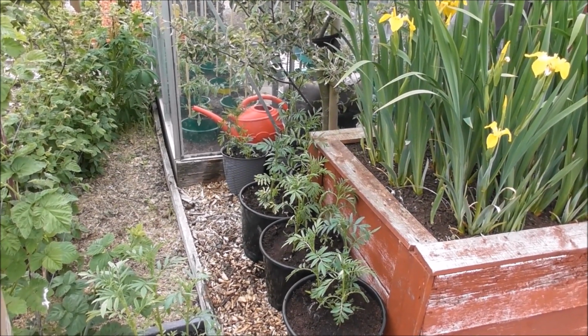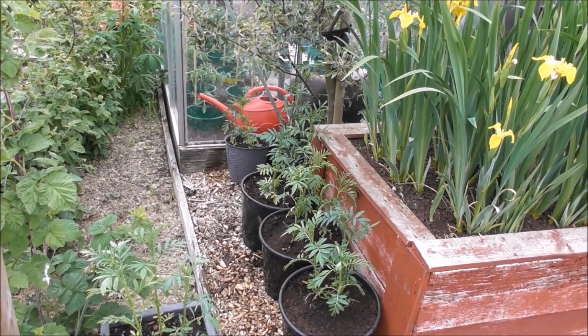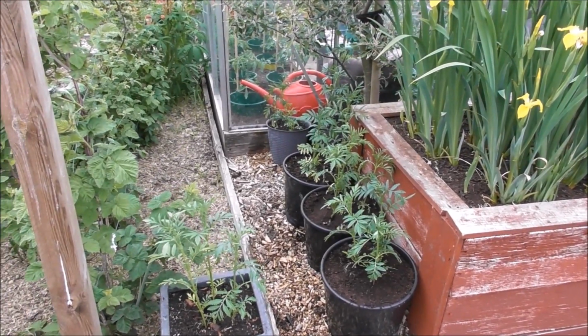So the next thing will be clearing the back greenhouse out and getting all the tomatoes and chillies and what have you in there. But we've got some more flowers here, so these will be coming up shortly. As you saw there, we finally coaxed her out of the pot, and I managed to put a few more of them marigolds in. She's a tearaway. But yeah, so we've got a lot more flowers still to go out. We've got a lot more veg still to go out,